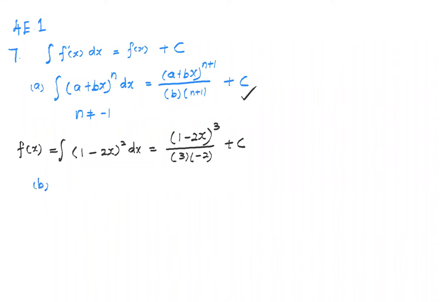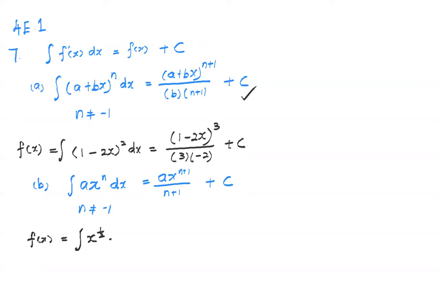Okay, for part B, I'm using this formula. N cannot be -1. That is power plus 1 divided by the new power plus c. So the answer for part B: my f(x) is the integral of x to the power of half, take away 2 times x to the power -half dx. So if I follow this formula, then I will have